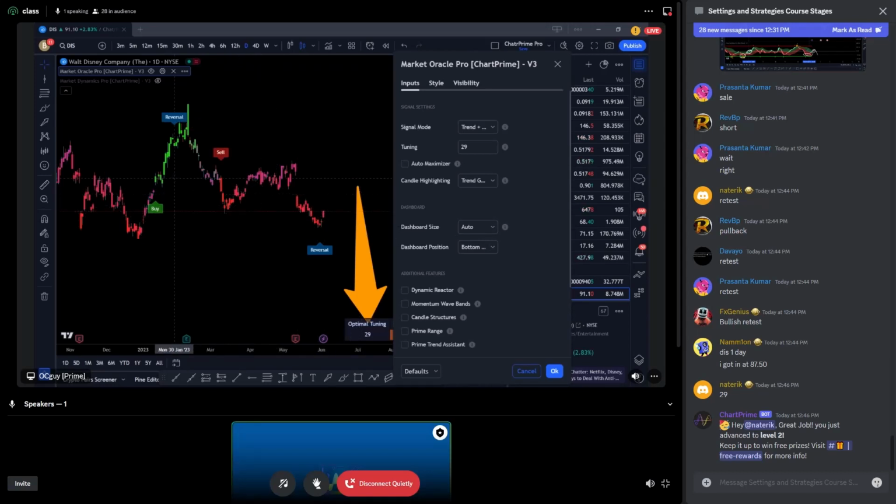Another thing I can see here: from this buy signal, we have a reversal. And from this reversal, look at that, we are blending out of the green into the red. You see that? That is a gradient. So if you like to see how we're losing momentum on the trends by shifting the colors, you can leave it as is, right here in candle highlight. It is a gradient. If you want to look at it the old way, you can do trend static.